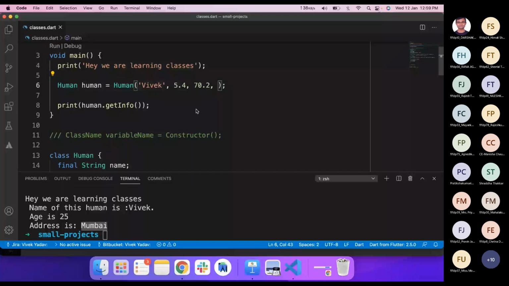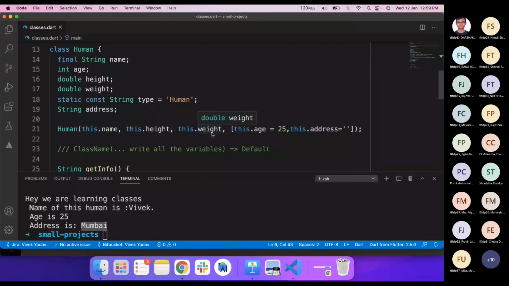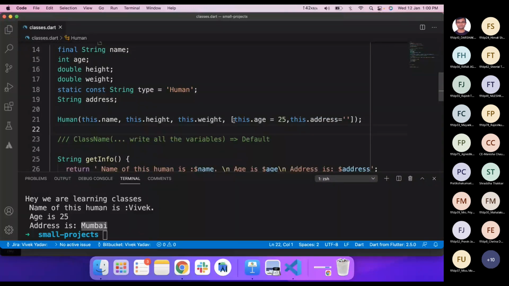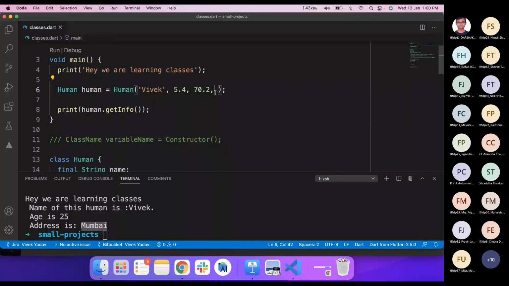First is name, height, weight, and after weight I have to pass age, and after age I have to pass address. This order should be maintained when you are using square brackets. If I pass age and after age address, the constructor takes that and it is not showing any error.